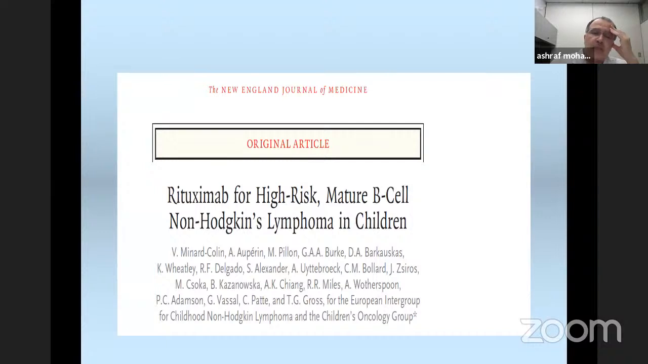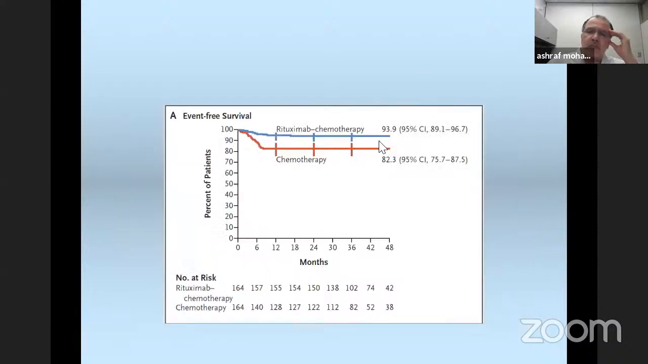Mahmoud already pointed out the use of rituximab. It was just published in the New England Journal of Medicine that adding rituximab to the upfront therapy of Burkitt's lymphoma can improve survival by about 10%. So this is the chemotherapy alone without rituximab, and this is the rituximab arm. It increased by about 12%. So when you're talking about improving by 12%, moving them from relapsing to being cured,